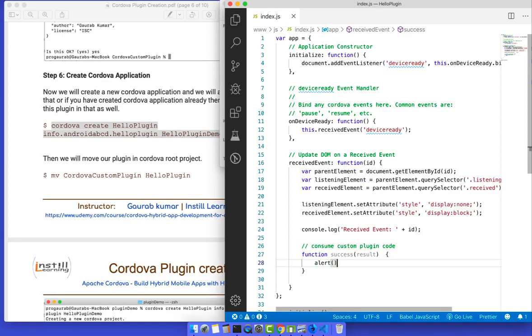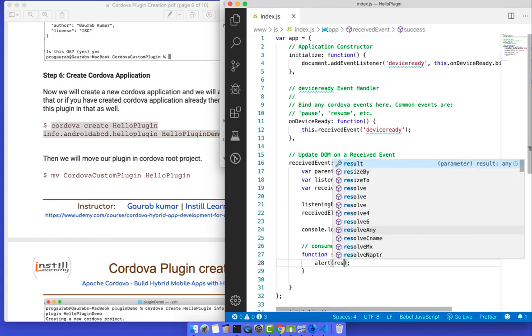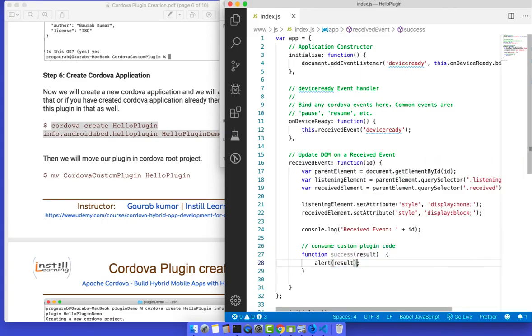Inside alert we will show the result, right? The same result, whatever it comes, we will show here only.